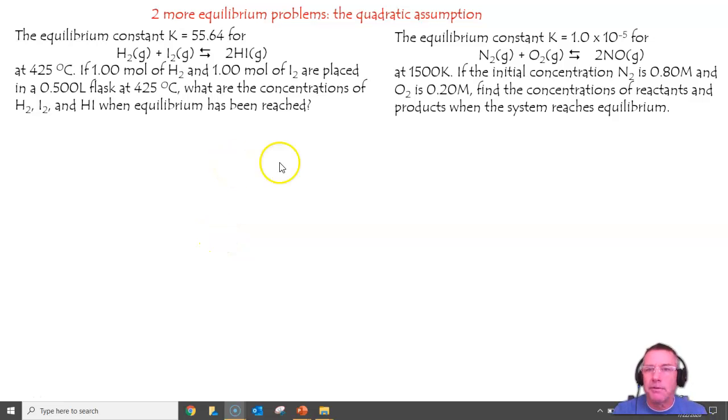Here are two equilibrium problems for you to solve. Take a look at each one, solve it, and then compare it to the method that I used. Okay, for the first problem, I'm reading the equilibrium constant is very high for this chemical reaction, and I'm noticing